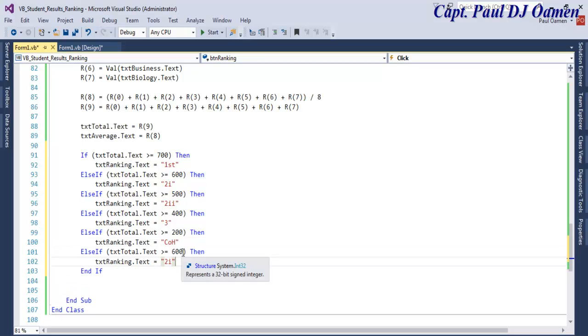Okay, in here let's just make that, if it's less than or equal to 100, let's enter a fail there. Okay, now the next thing, since we've done all of these, for the following, let's use